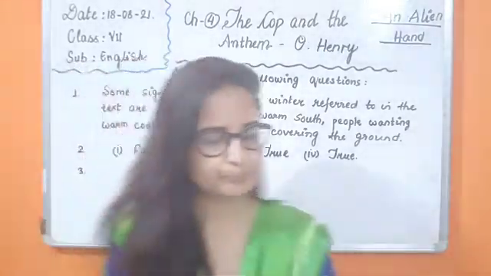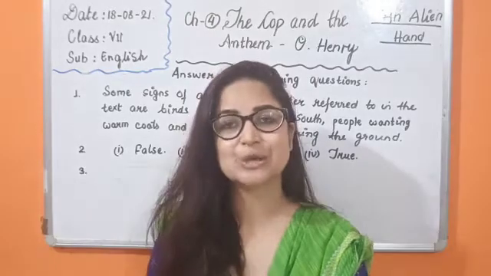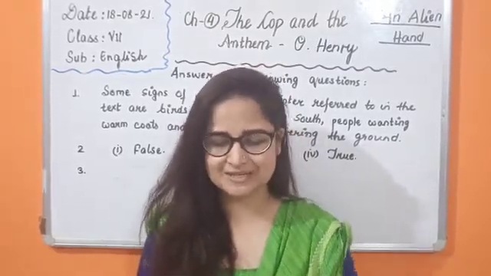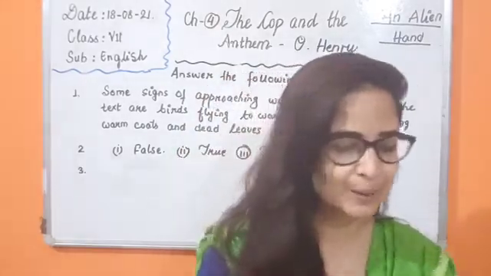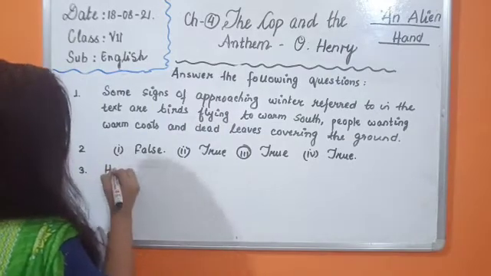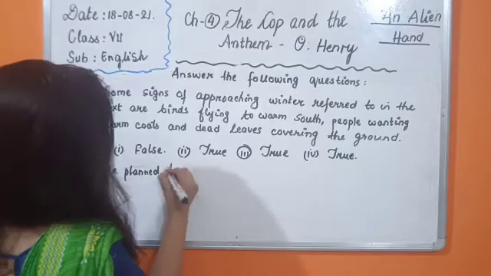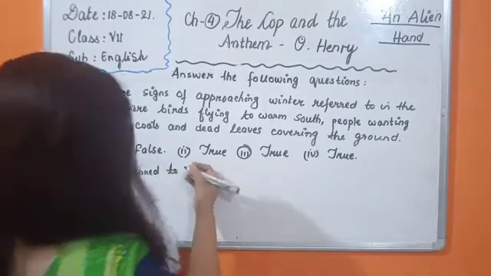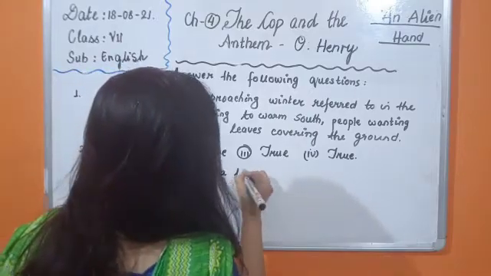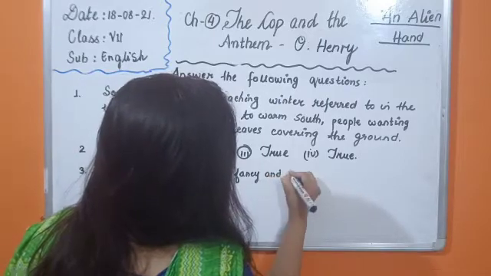Let's see the question. What was Soapy's first plan? Why did it not work? You know the first plan, we will just be writing the answer now. He planned to go to a fancy and expensive restaurant